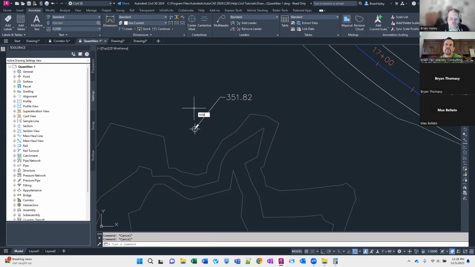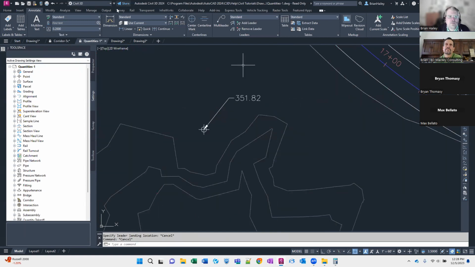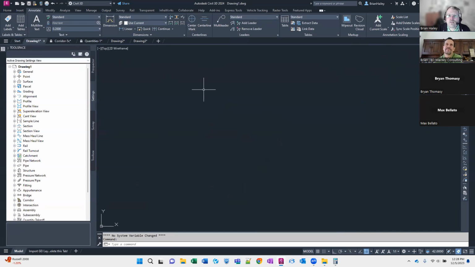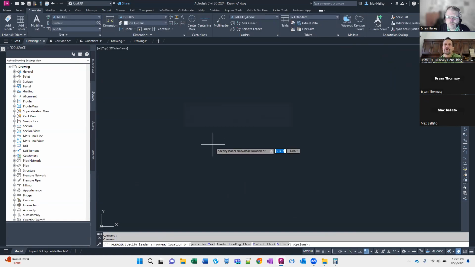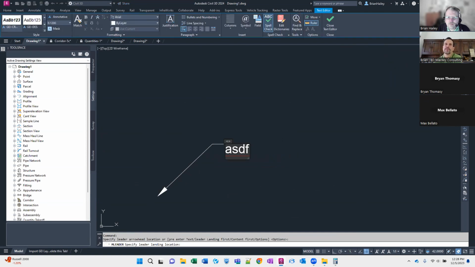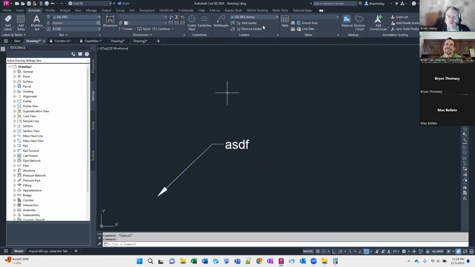Gotcha. So I think multi-leader has the, let's see. I think that's the problem. You tried to delete it away from here. It's not annotative. It's not a multi-leader either. Actually I was going to use a multi-leader as an example. Oh, okay. That's the problem, Max. You went away from the Autodesk out of the box standards, therefore it's not working properly. Correct. All right. So if I go edit this multi-leader style,